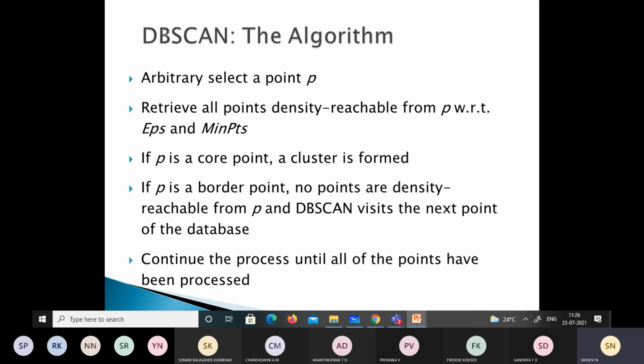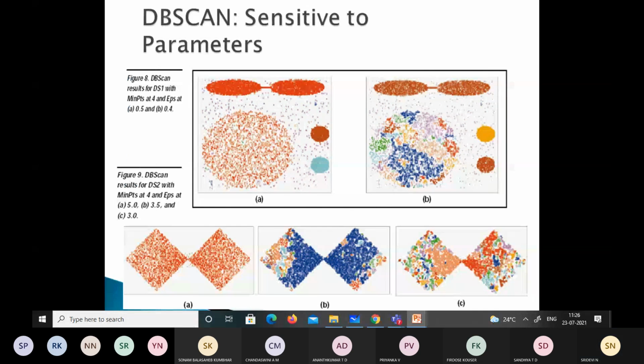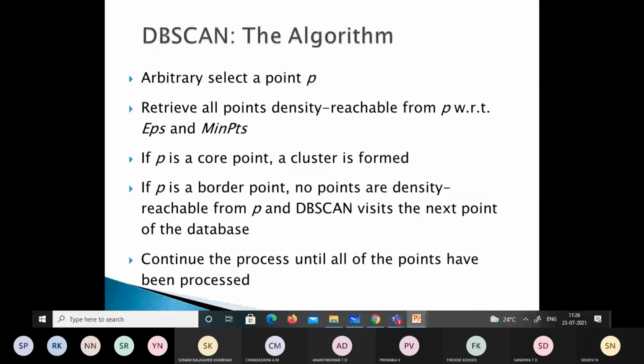So if we take the algorithm, it will use the same concept: it will put border points that are close enough to a core point in the same cluster, and noise points will be discarded.